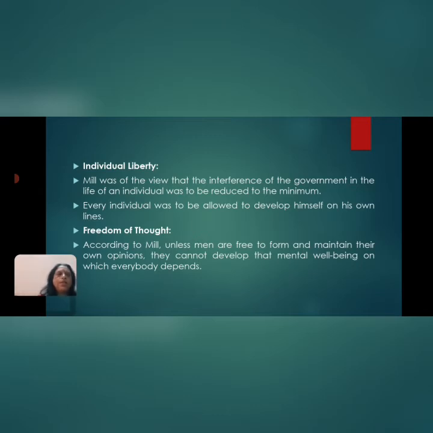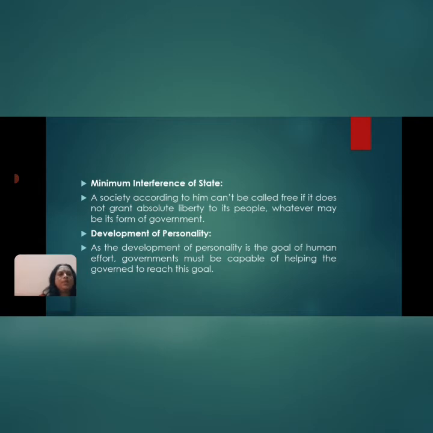Mill stressed the necessity of a variety of opinion. He believed that liberty and self-government should go hand in hand. His conception of liberty has a direct relevance to the theory of utility and happiness. He regarded liberty as a necessary means for the development of individuality, which is the ultimate source of happiness.